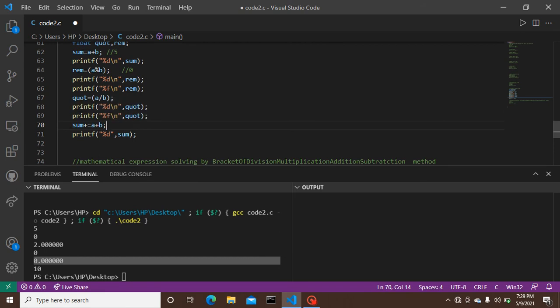Next statement. This is another assignment one can make, which has the meaning sum equals to sum plus a plus b.